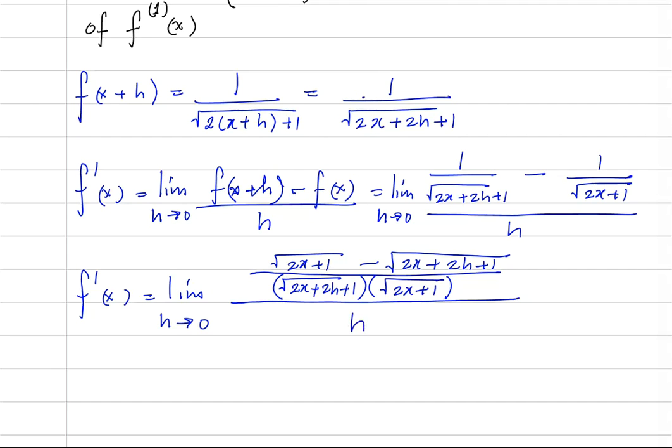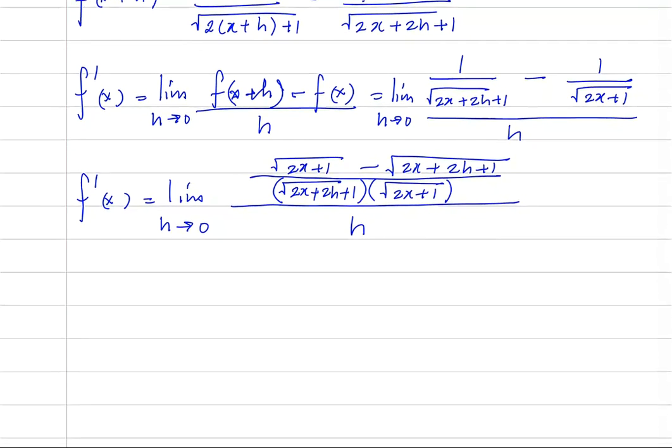If I wanted to, I'm guessing that I could probably then multiply the numerator and denominator by the conjugate of the numerator. So that is still at the top. So f prime of x could be equal to the limit as h approaches 0,